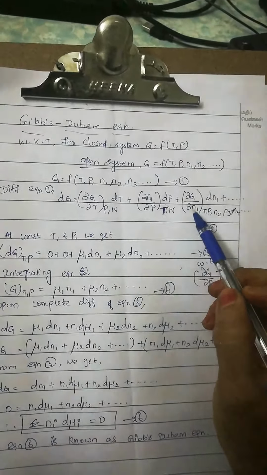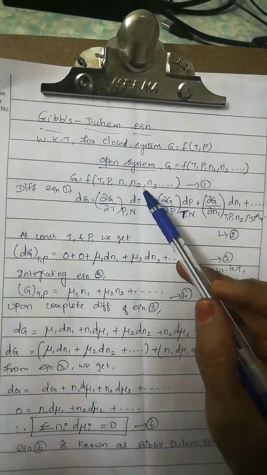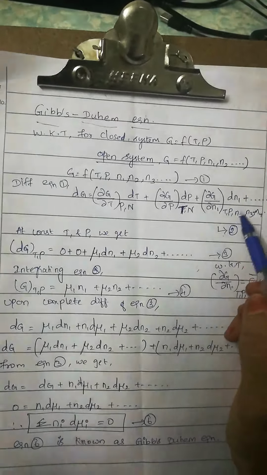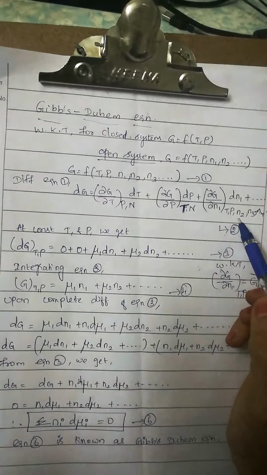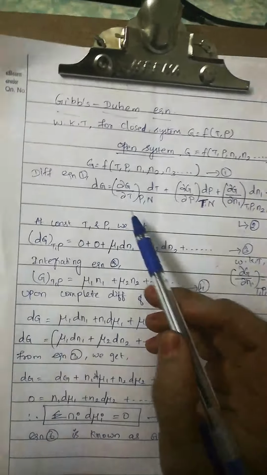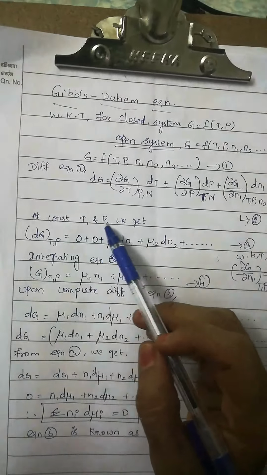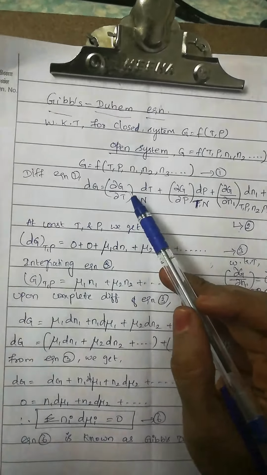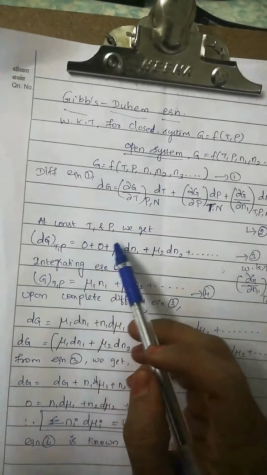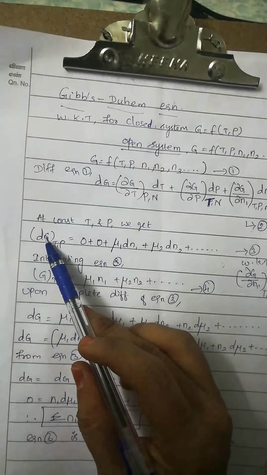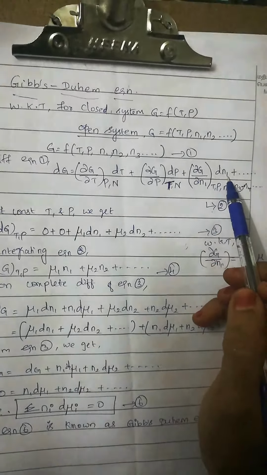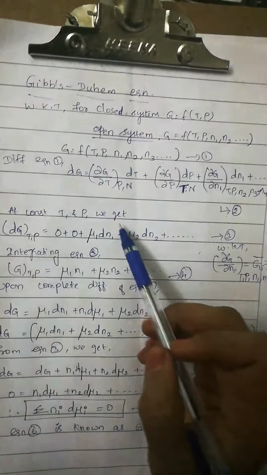And if we differentiate with respect to N1, N2, N3 etc., we get (∂G/∂N1) dN1 at constant temperature, pressure, N2, N3 etc. So let us consider this as equation number 2. Therefore, at constant temperature and pressure, these two terms will be 0. Therefore, we will get dG at constant temperature and pressure is equal to mu1 dN1 plus mu2 dN2